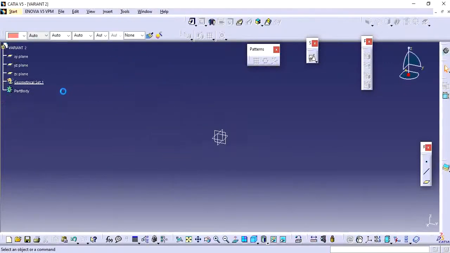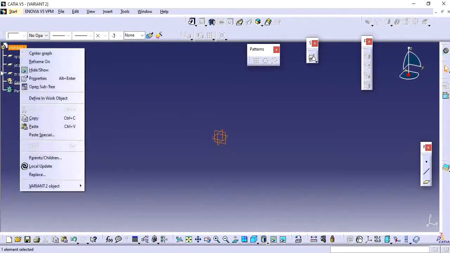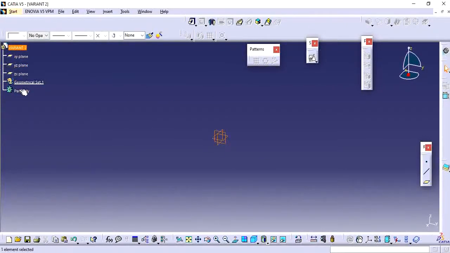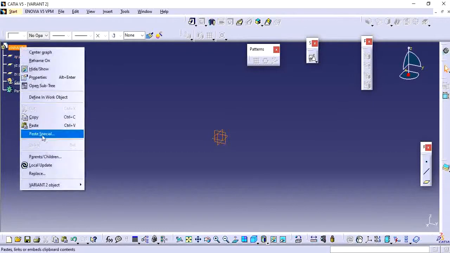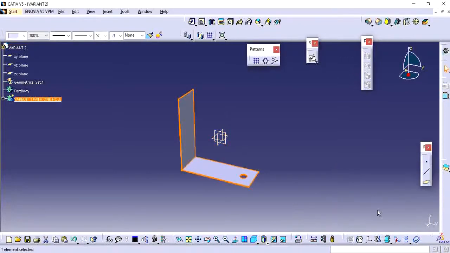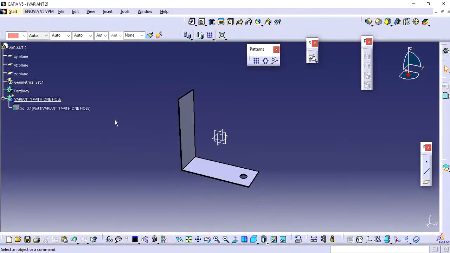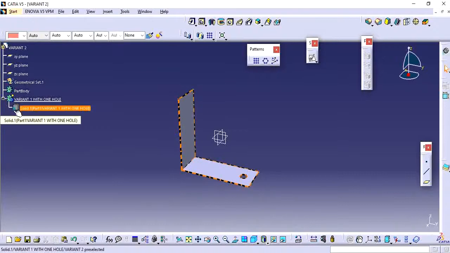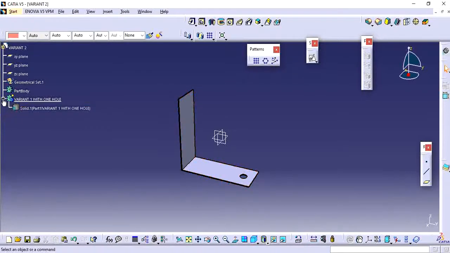Whenever pasting the publication, I need to do the paste special as result with link so that your publication was created with this peace symbol.